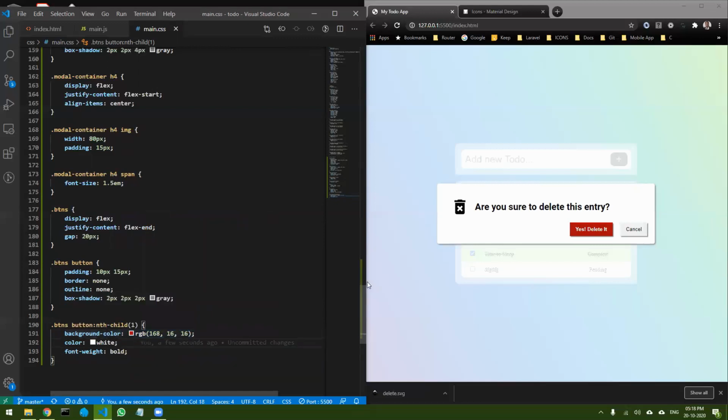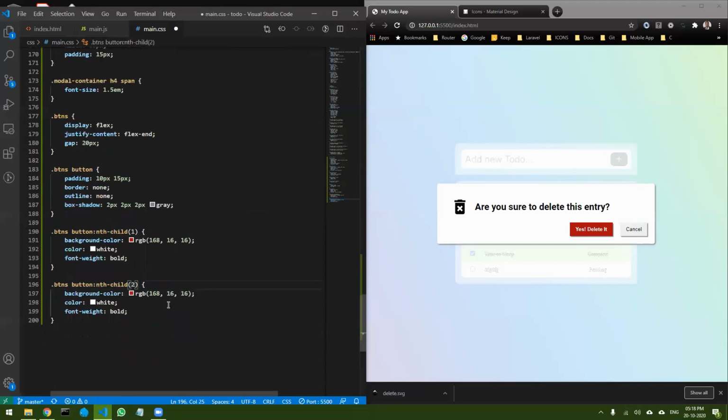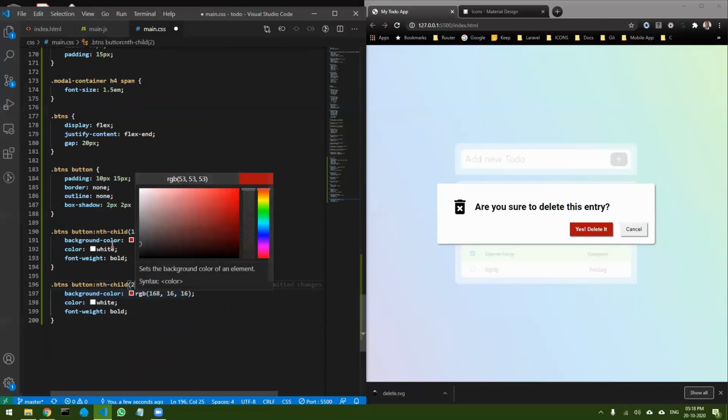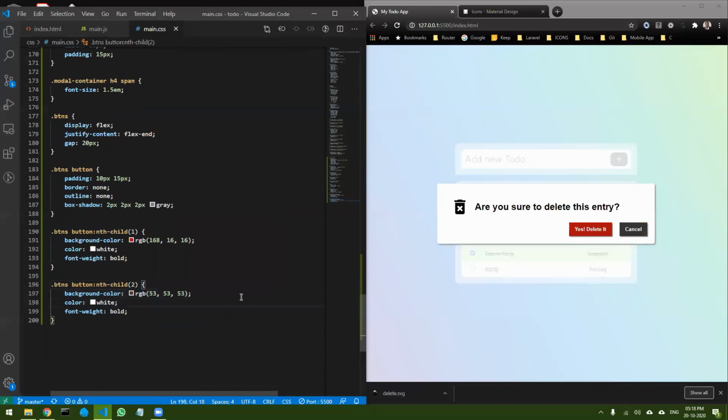Okay, and for the other one, I will duplicate this code and select the second child, and in the second child I can take a darker color and save it, and this is going to be my final modal style. Okay, so this is going to be my style, and now after looking at this, it is obvious that if I click the cancel button, it should close this modal dialog, and if I delete, then it should delete that